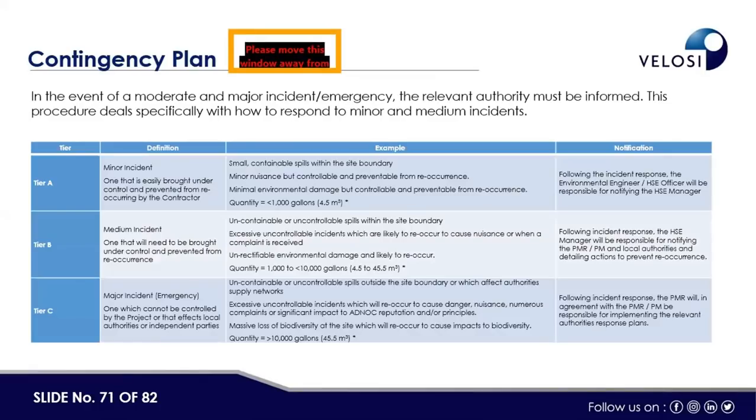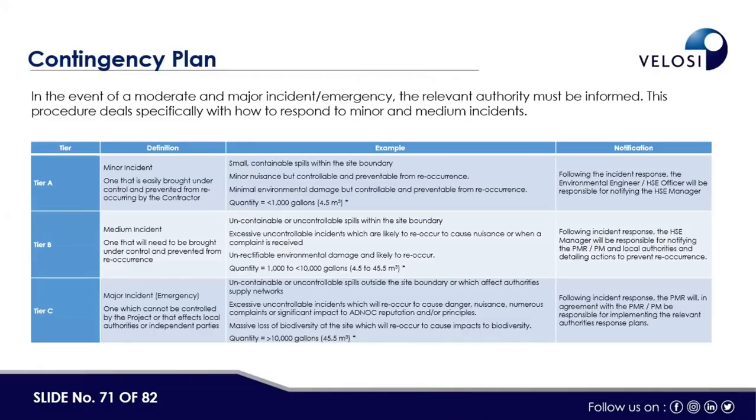This is the contingency plan that we developed: Tier A, Tier B, and Tier C. Tier A is the minor incident, Tier B medium, and Tier C major or the emergency. Minor is the one that is easily brought under control, medium is one that will need to be brought under control and prevented from reoccurrence, and the major one cannot be controlled by the project and